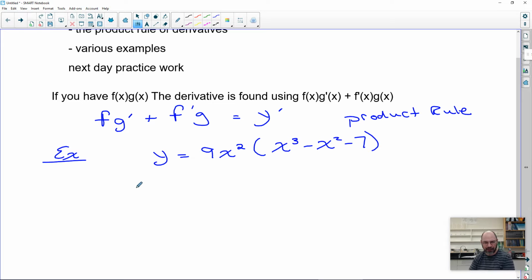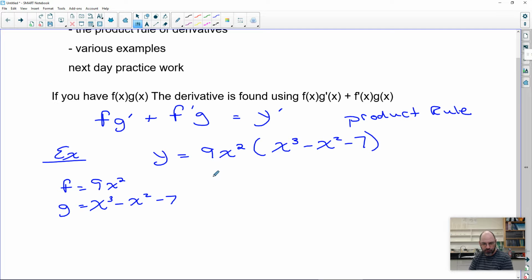But if we didn't want to expand, we could use the product rule. So we know that if we say that f is equal to this first one, 9x squared, and if we say that g is equal to the second one, x cubed minus x squared minus 7,